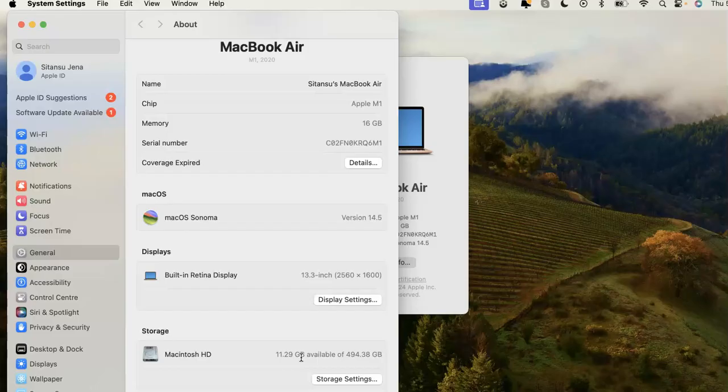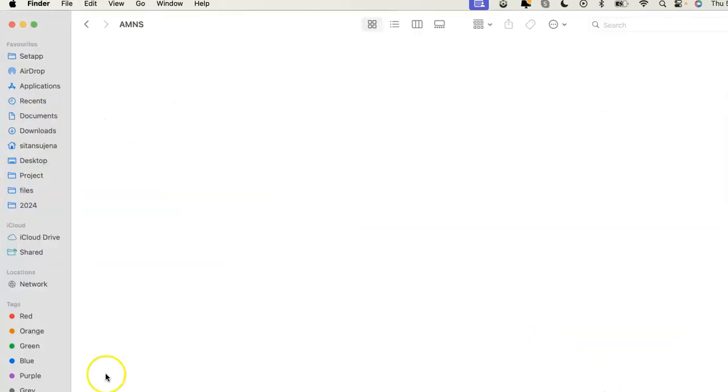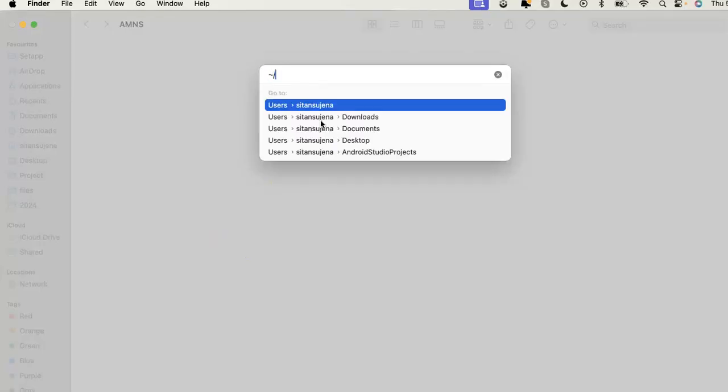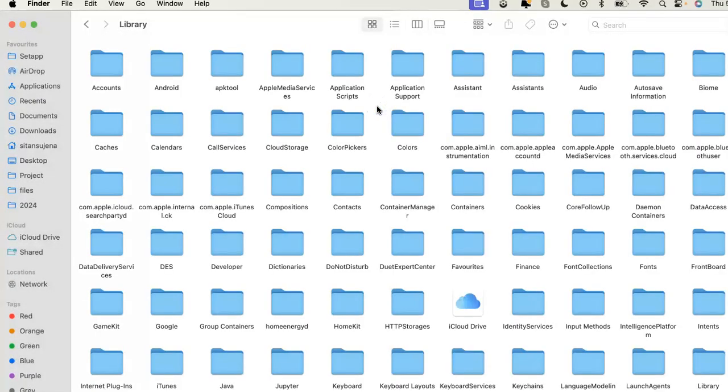Okay, to clean the storage, you have to open the Finder. And once Finder is open, you need to press Ctrl Shift G. There you need to press the tilde icon, then slash, then type library. You can see library is there. Click on this library. Here you can see all the items